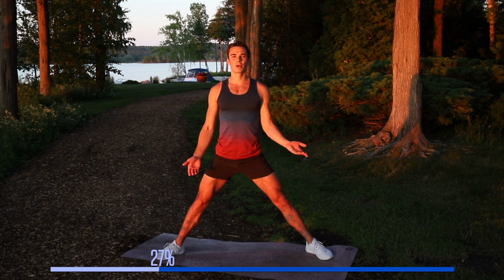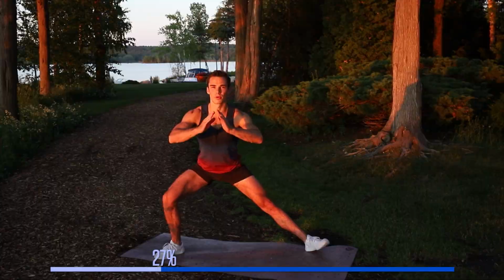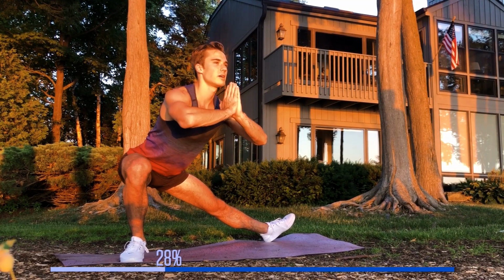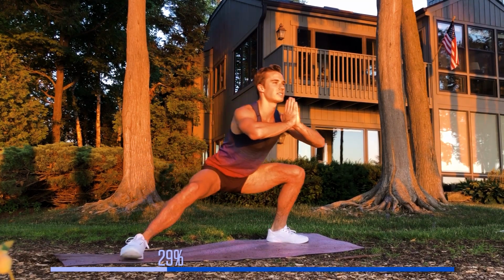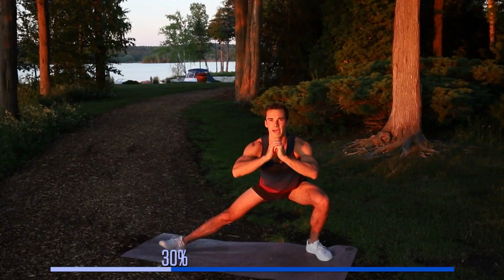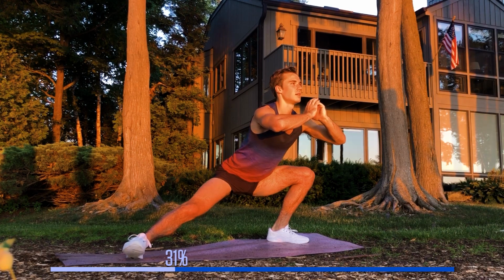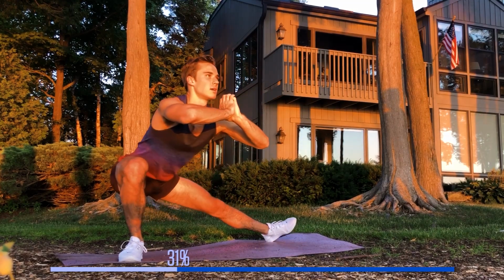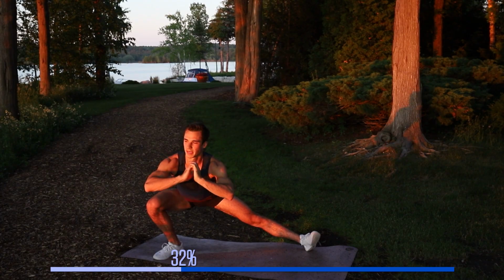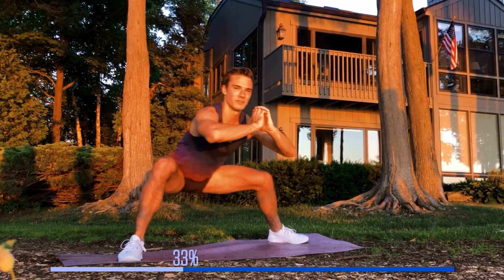For these Cossack shifts, we're going to be in a nice wide straddle stance, a slight turn out to our toes. We are going to send our hips back, go to the right. Find that big stretch. I feel a big stretch here. And from here, I'm going to shift to the left. Feel a big stretch in my hips, feel a big stretch in my hamstrings, and stand. That's one. Down to the left. Shift to the right. And up. And then down to the right, shift to the left,